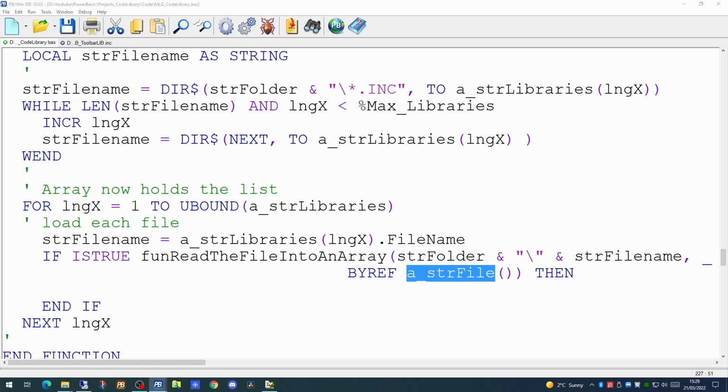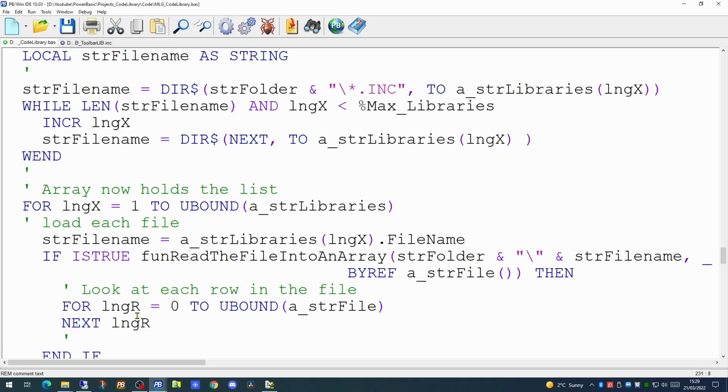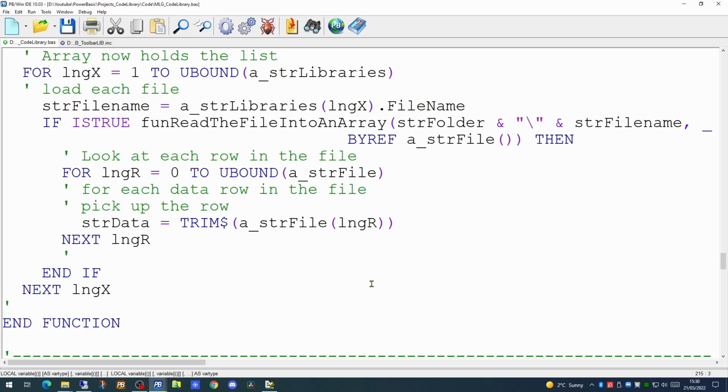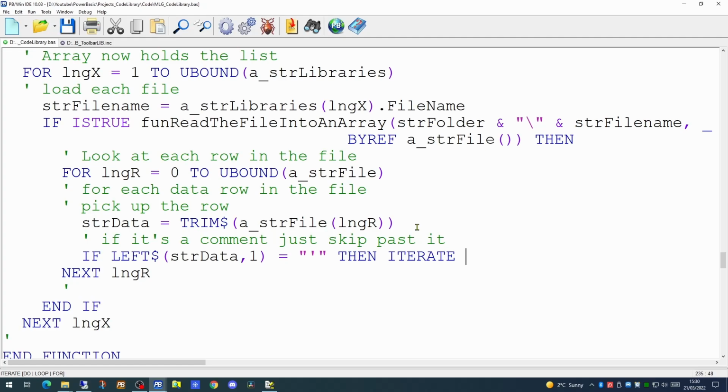And our next task is to look at each row in this array, which is effectively each row in the library file. And we're going to pick up the information in that array and put it into the str data variable. If the data line we've picked up begins with a comment character, then we can just iterate. We can go on to the next row. Now we have to look for rows which have a function or subroutine or macro.